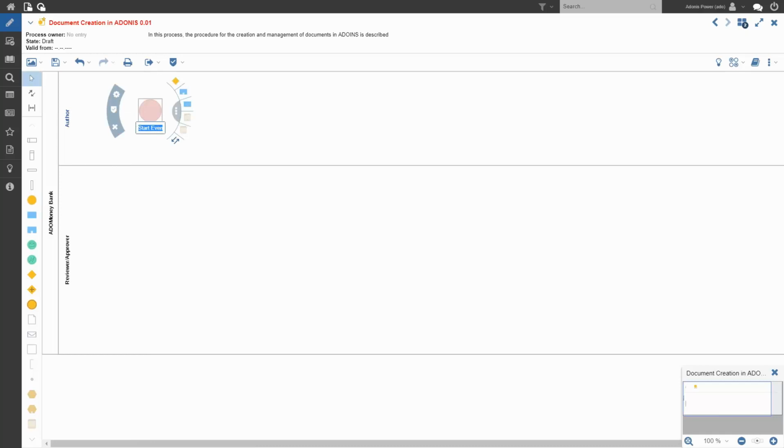So straight away you'll notice that once you drop the modeling object on, the modeling assistant or the SmartHover appears. So we can just provide quite quickly the name of our start event. So let's say a document is requested. And now we can decide from here using the SmartHover to start creating our